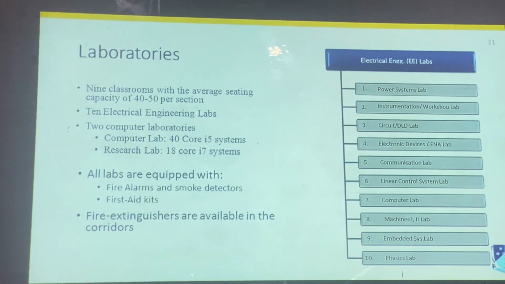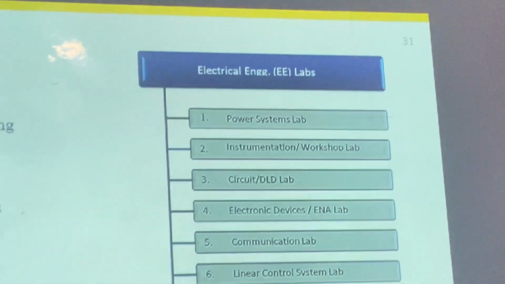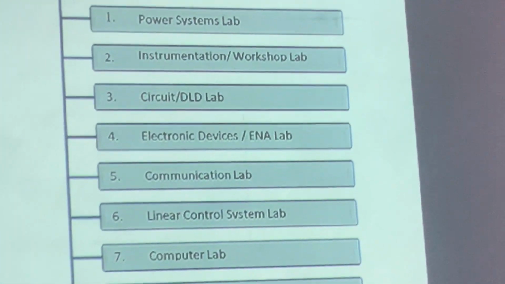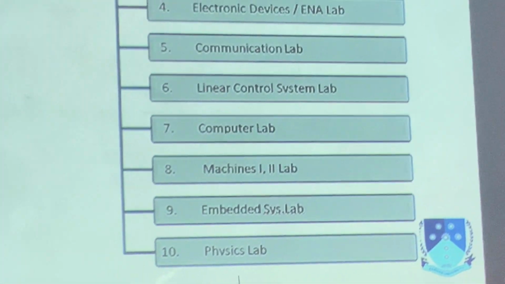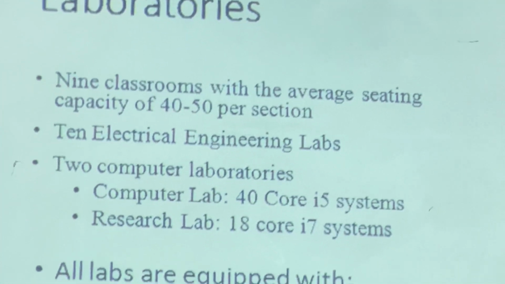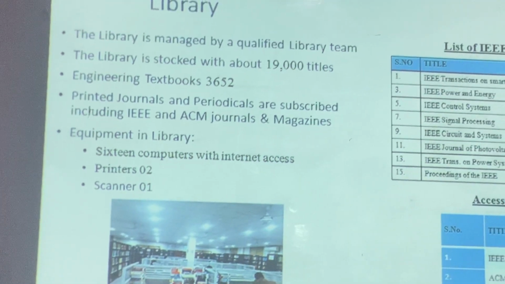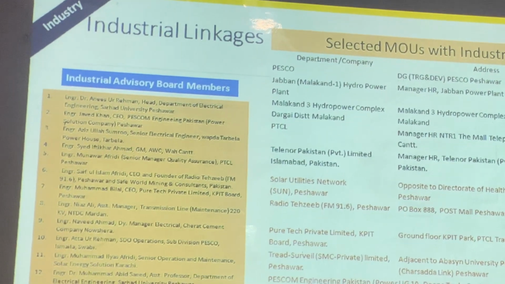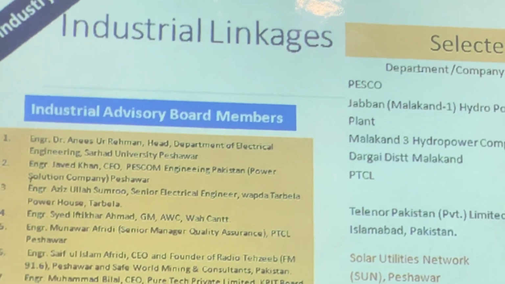This is the infrastructure and labs. We have a total of 10 labs. If needed, the lab director can give us some input in order to upgrade this list. This is the information related to the library, and this is the most important slide, which